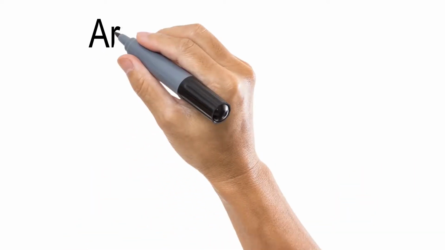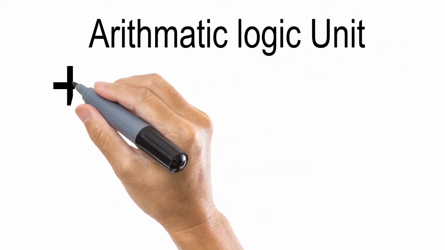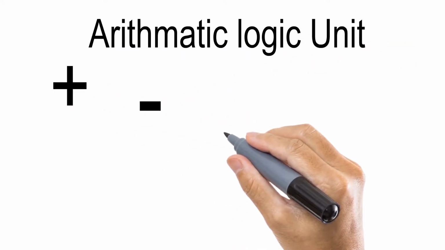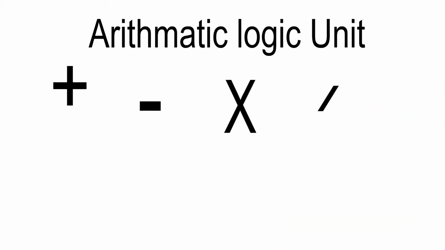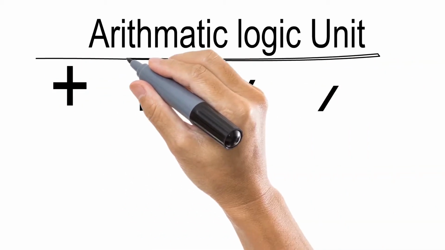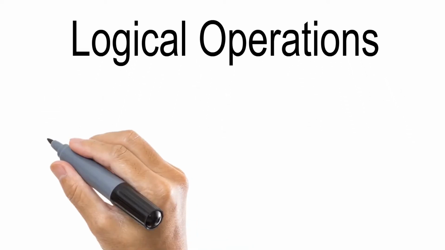Now the arithmetic logic unit performs all arithmetic operations like sum, difference, multiplication, division. Any data that needs to be computed or needs any arithmetical processing will be sent to this unit from the memory. Then after processing, it is transferred to the respective unit. It performs all logical operations of the CPU.